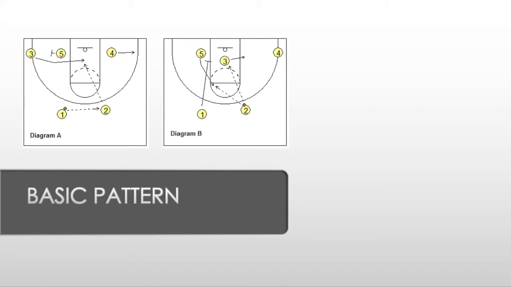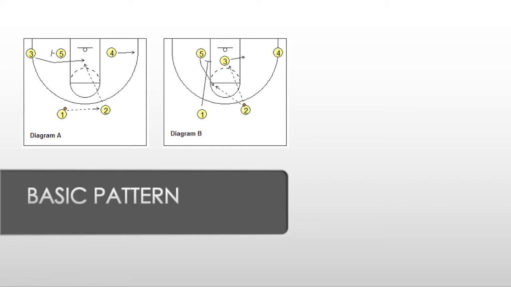Like we just started putting in our screening defense, and we'll start putting in combinations probably next week or the week after. But this cross screen, down screen is a combination that, from a defensive standpoint, we'll go through a lot, because it's used not just in the flex offense, but in a lot of offenses. If someone sets a cross screen, more than likely the next action is going to be